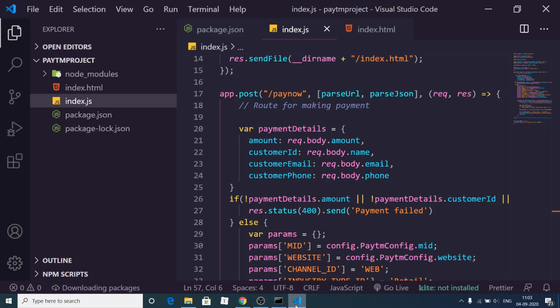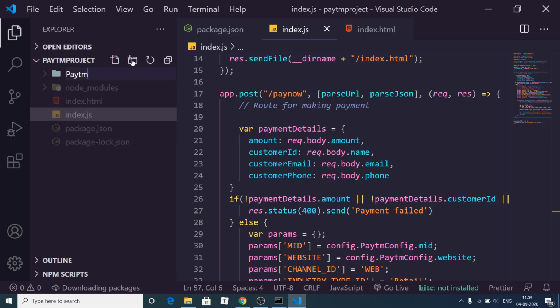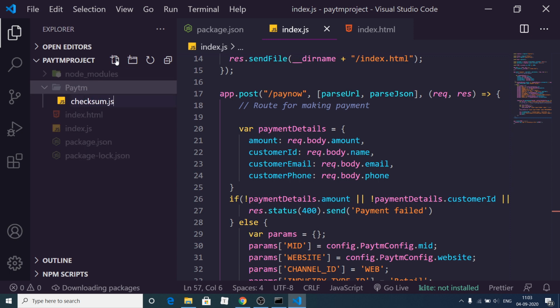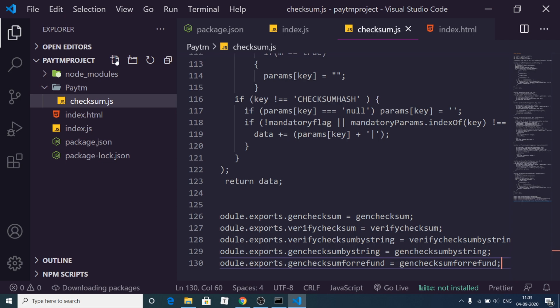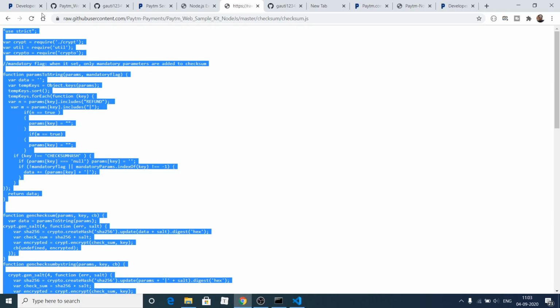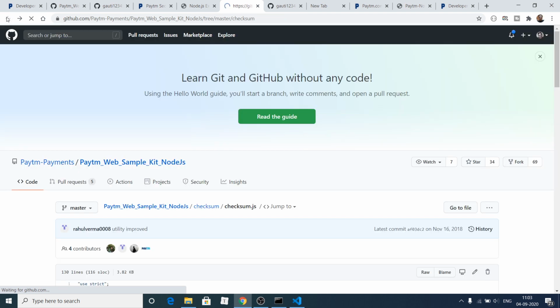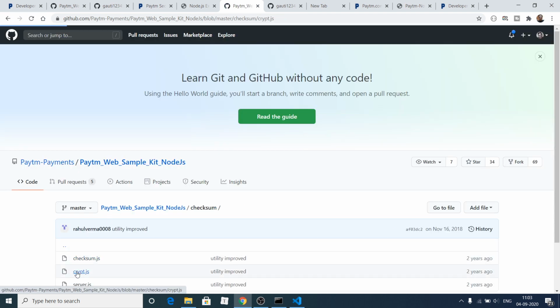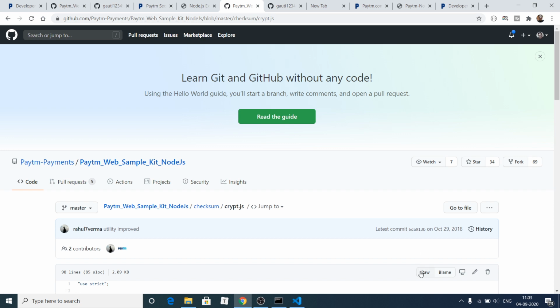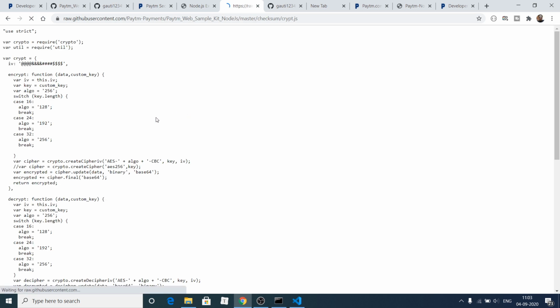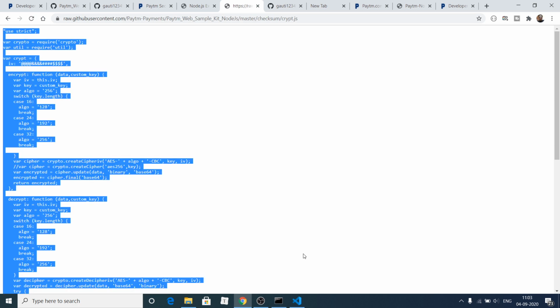You need to make a separate folder, Paytm, and inside this make a file checksum.js and paste this code. The next file that you need to create is crypt.js, which is there inside this GitHub repository. Click on raw, and simply copy and paste this code.